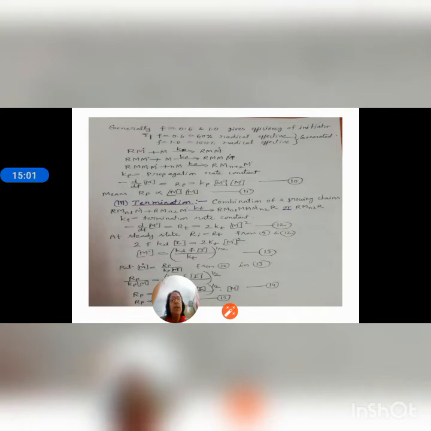By this we can easily find the radical concentration [M•] equals (Kd f [I] / Kt) to the power half. By equation 13, put the value of [M•] from equation 13